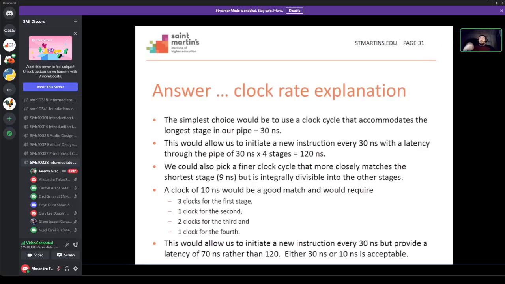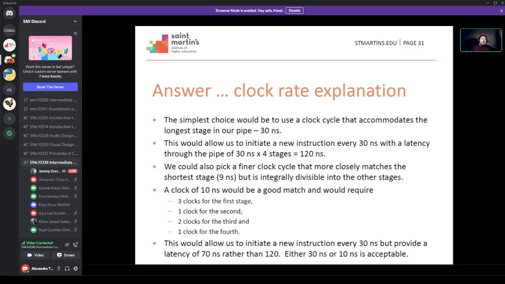The first stage will take 3 units of this pipeline stage. The next stage will only take 1. The next stage will only take 2, and the stage will only take 1 again. In this case, all right, we have 7 stages or 7 units times 10 nanoseconds, which means it's going to take 70 nanoseconds in order to execute